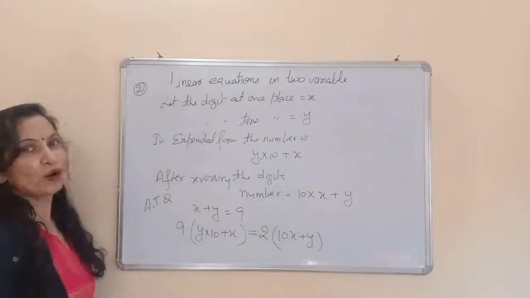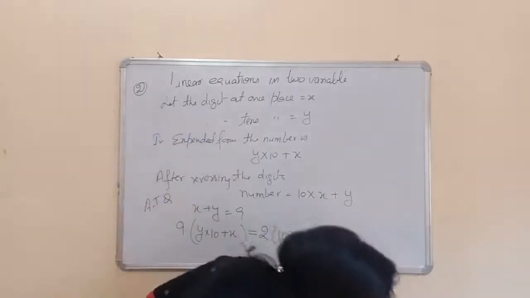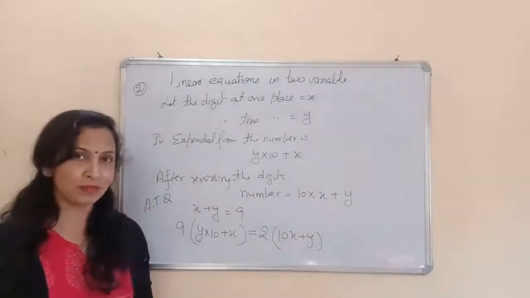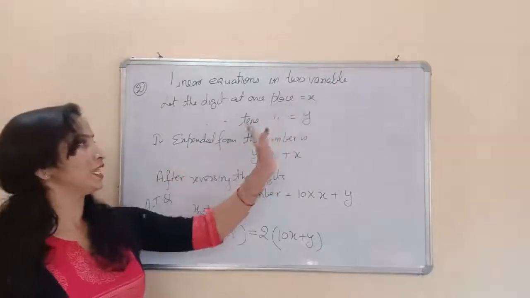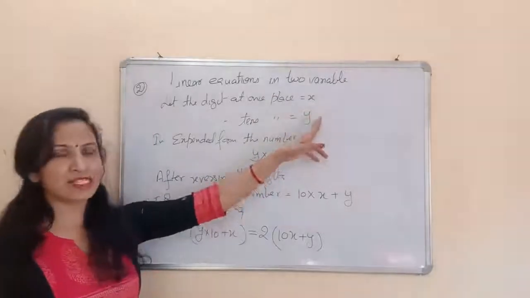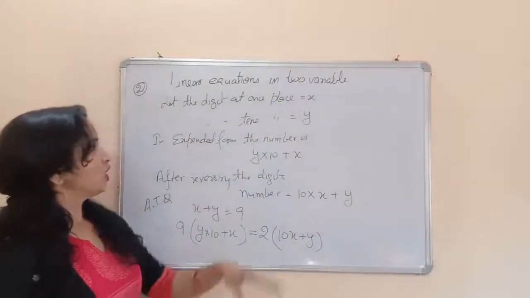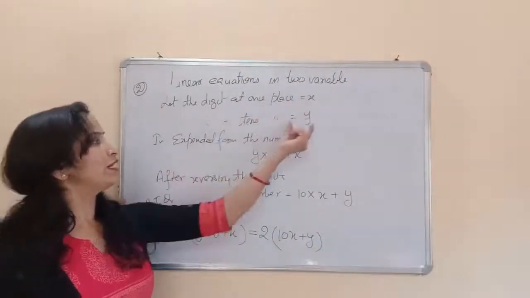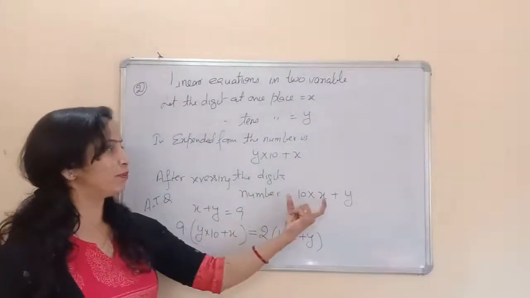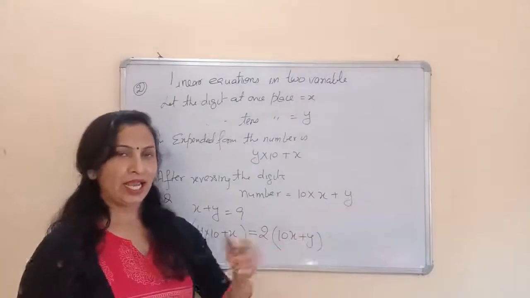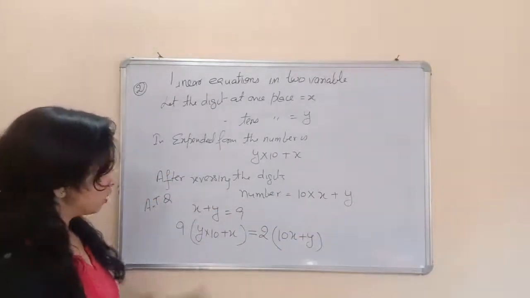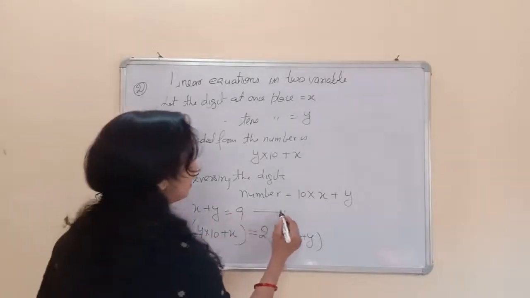So it's a really important question and you should understand how we can solve these types of questions. In two-digit number, we will say that ones place is x and tens place is y. It can be vice versa. We can take y as a ones place and x as a tens place, doesn't matter. So the number in expanded form will be tens place into 10 plus unit place. And after reversing the digit, the number will be 10x plus y. And now we will make the equation according to the given situation in the question. So these are the two equations. This is the equation number 1.